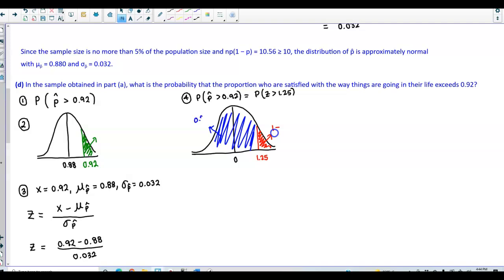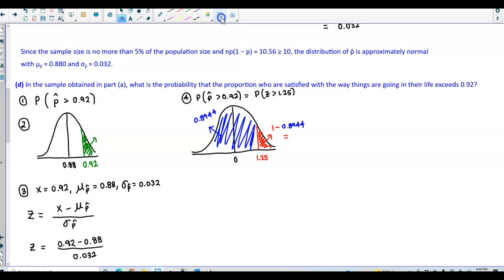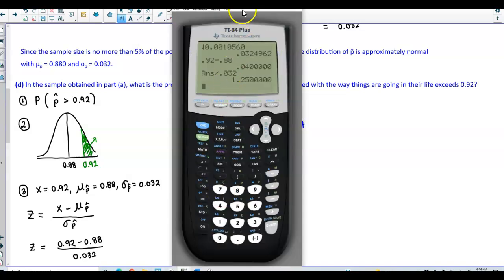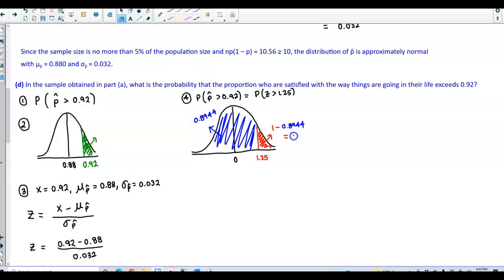So we have 0.8944. So that's 1 minus 0.8944. Okay, so let's take 1 and subtract that. So if we take 1, subtract 0.8944, then that gives us 0.1056. Okay, so that's going to tell us now that the probability that the population proportion is greater than 0.92 is going to equal